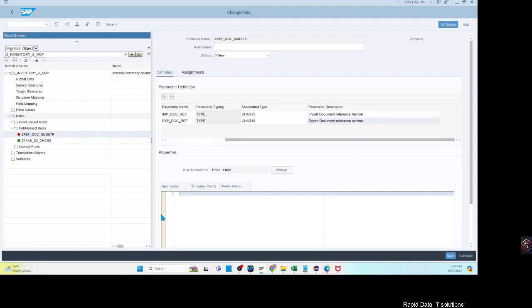Now we can put the code here. Our code is very simple. We are going to take this import doc reference and take only the initial 30 characters and pass them on to the export. So exp_doc_ref equals imp_doc_ref+0(30). This is the syntax to take only 30 characters, starting from the first character in this field. So let's save it,